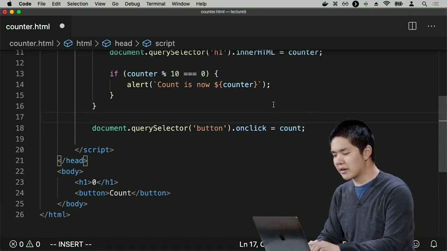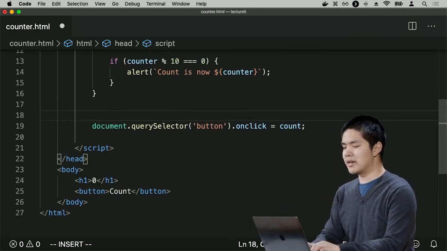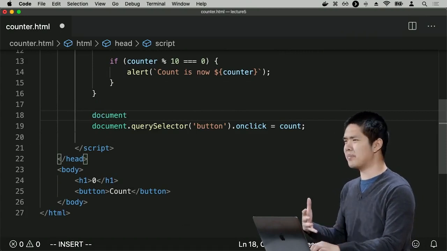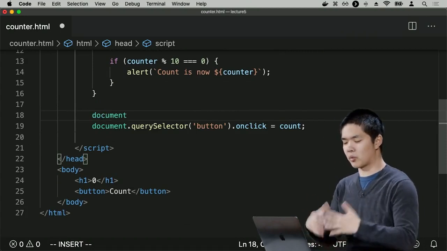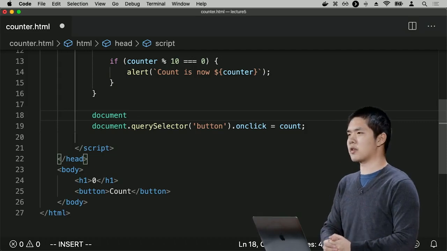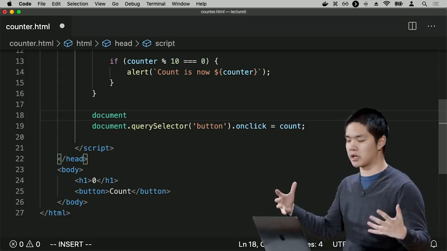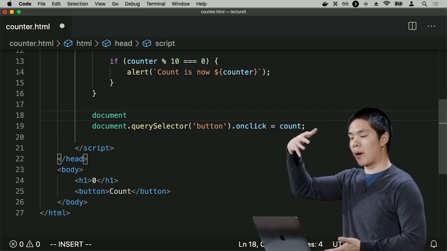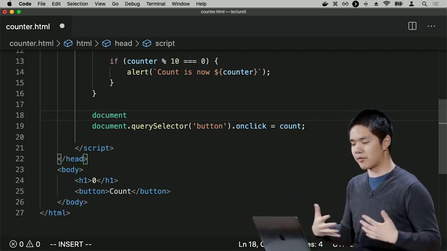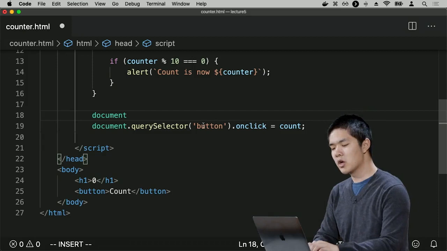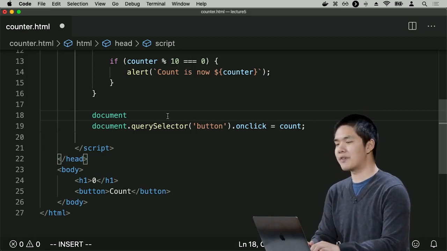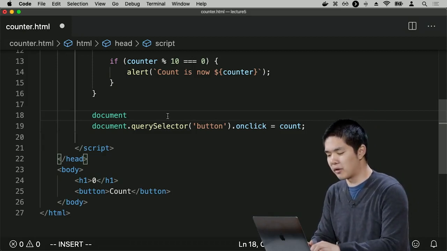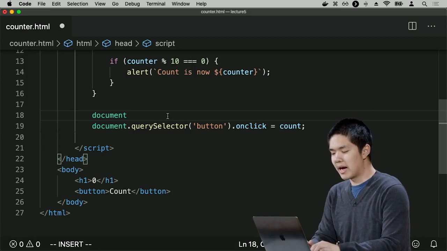And we're going to add an event listener not to the button, but to the entire document, where document is a variable built into this JavaScript that we have access to on the web page that just refers to this entire web document, where I've used document.querySelector already to look through the whole web document, trying to find a button or trying to find an h1 tag, for example. But I can also add an event listener to the document itself. And in order to do that, I can say